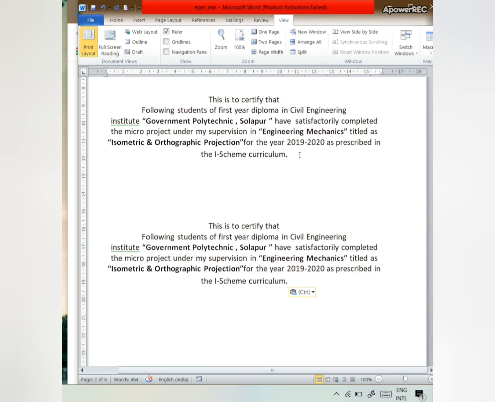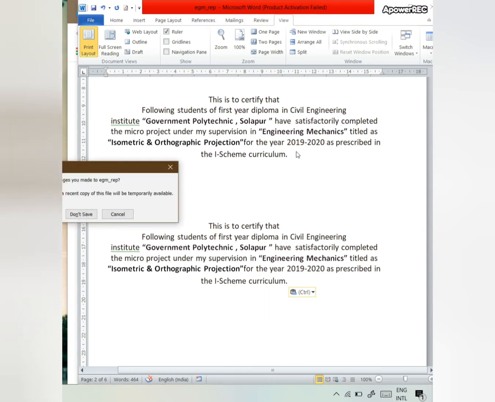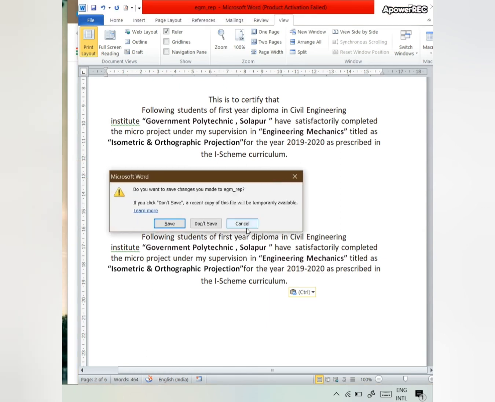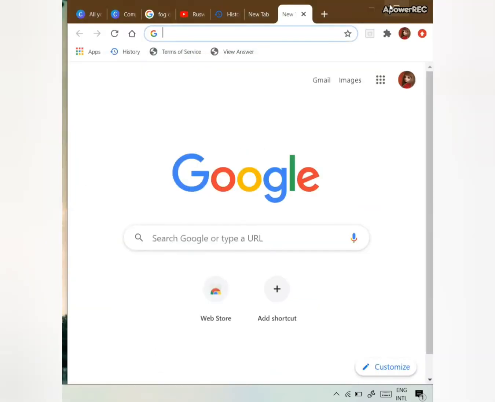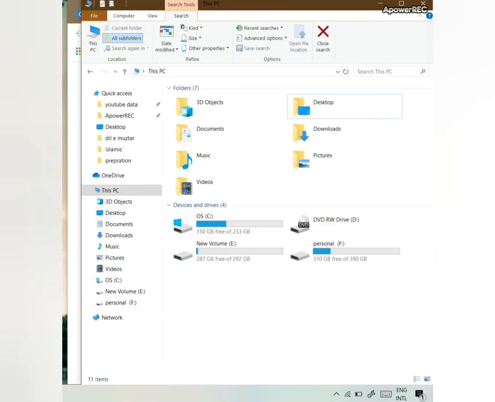Next is Ctrl with W. If you want to close the particular window opened on your screen, then you can use Ctrl with W. Then you can see this particular window will be closed. I will show you. I open this file explorer and I close it by Ctrl with W.